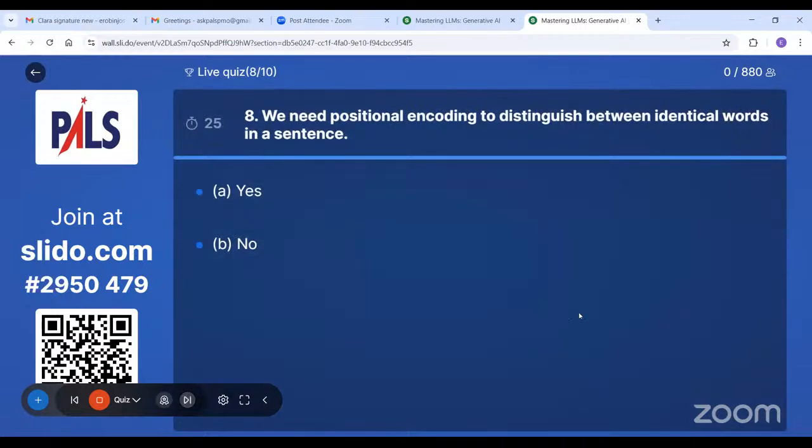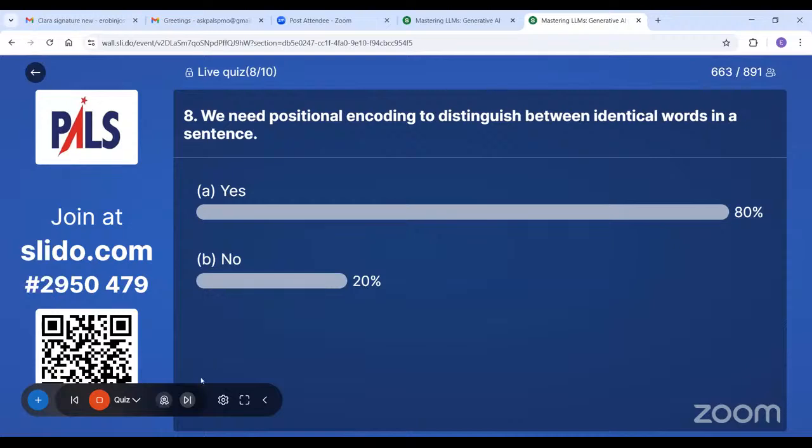Eighth question. We need positional encoding to distinguish between identical words in a sentence. Again, yes or no option. Let's see which one is correct. That is also 80%. Yes, that is the answer.